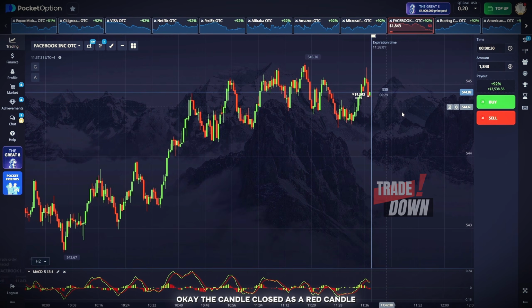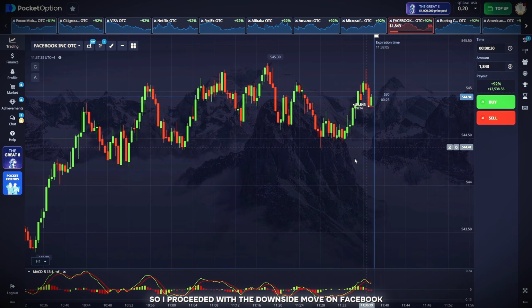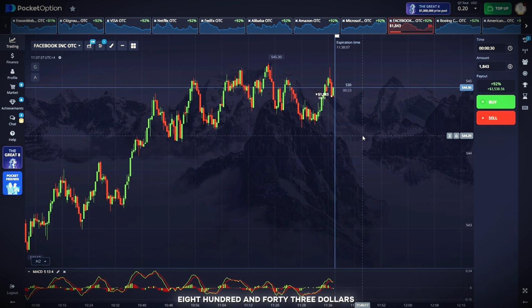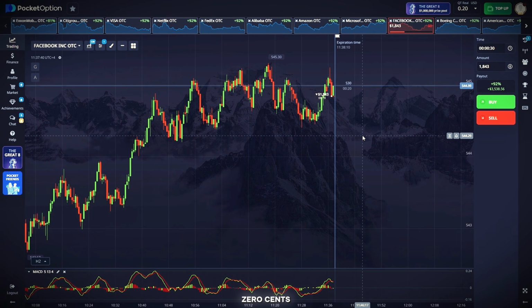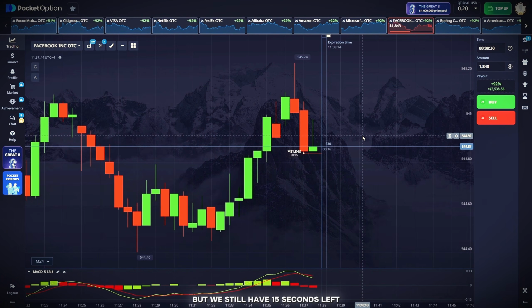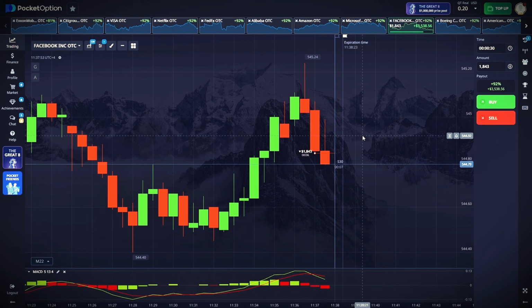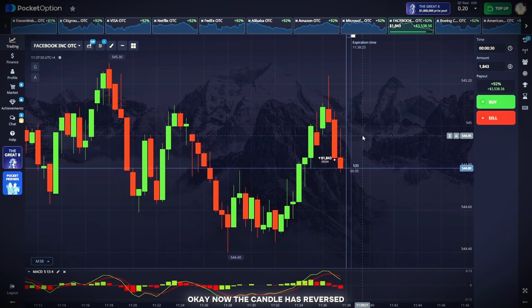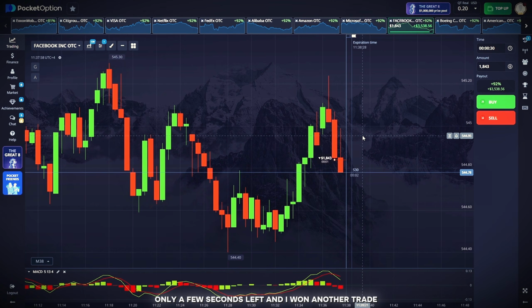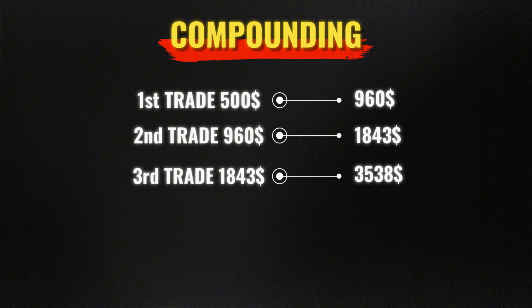Okay, the candle closed as a red candle, so I proceeded with the downside move on Facebook OTC for $1,843. The trade was not going in our favor at first, but we still have 15 seconds left. Okay, now the candle has reversed. The trade is going in our favor. Only a few seconds left, and I won another trade. Now my balance has turned into